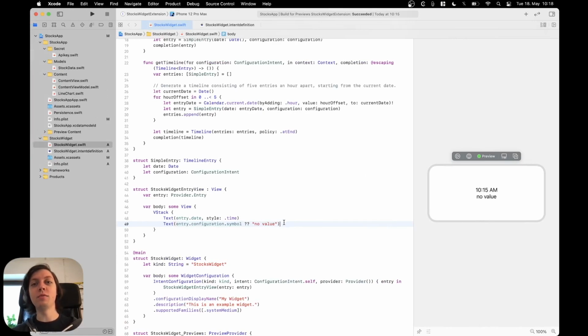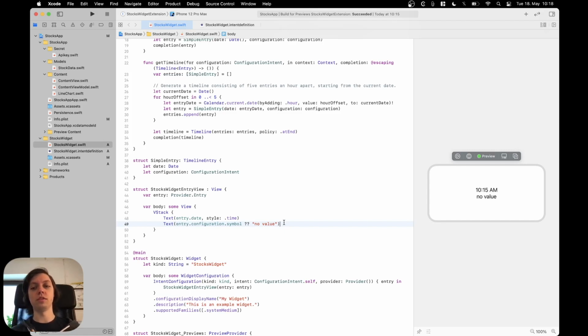Hey, this is Flo, and welcome back to the third part of our WidgetKit series, where we take the Stocks app from the 30-day Stocks app challenge from Code with Chris for the month of May, and we add a widget to it, and I explain to you all the details about configuration intents, timelines, the general setup of widgets,